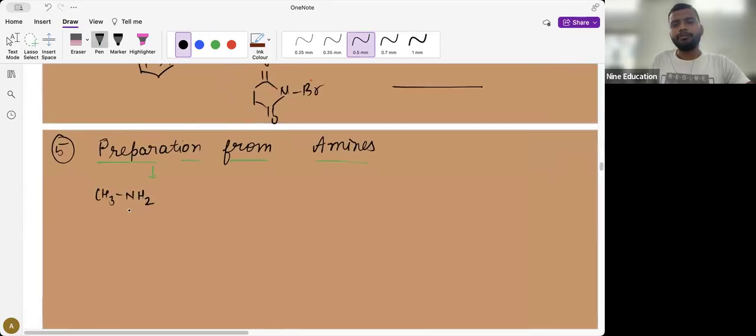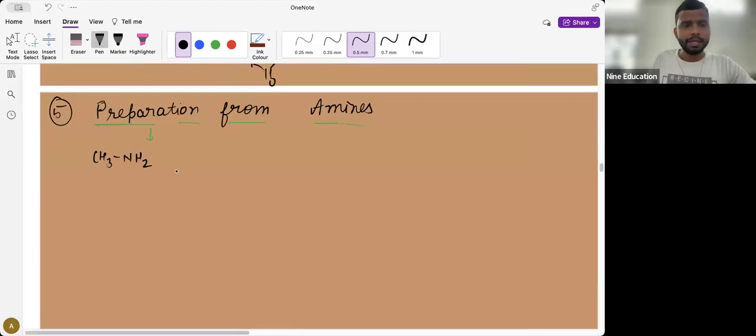If I have an amine and put in NaNO2 plus HCl at 0 to 5 degrees temperature, which means very low temperature,